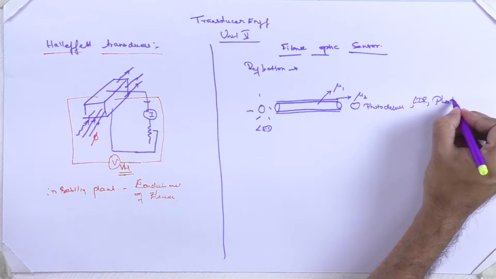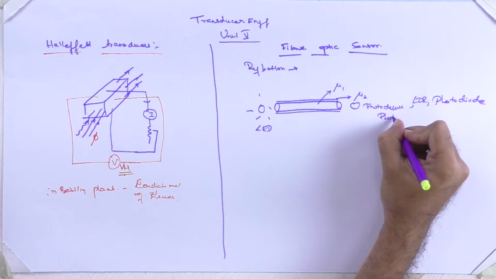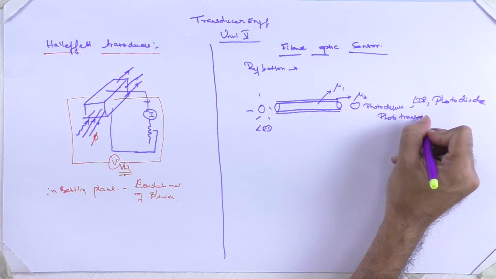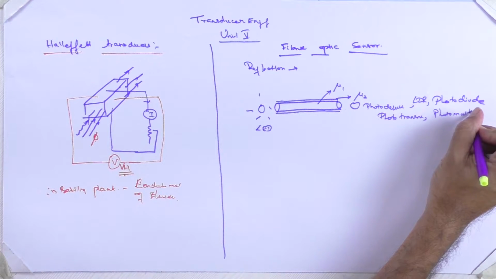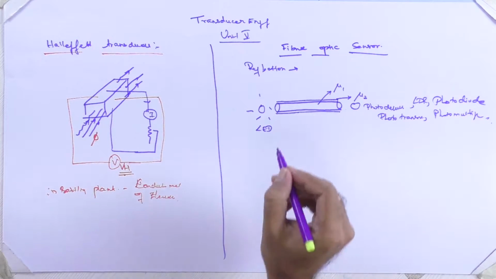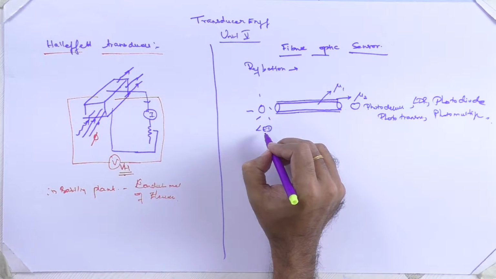It may be an LDR, photodiode, or a phototransistor, or a photomultiplier, etc. Okay, so we are giving in a photo source which is an LED, and then